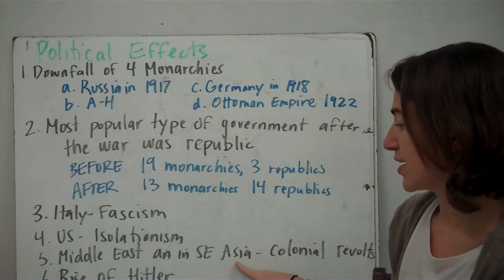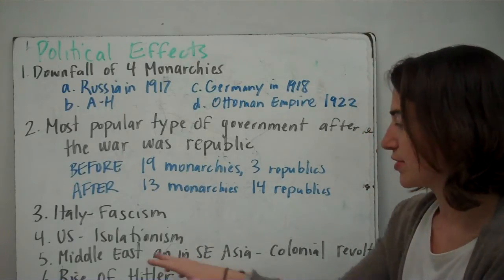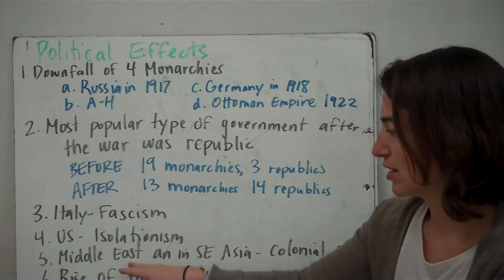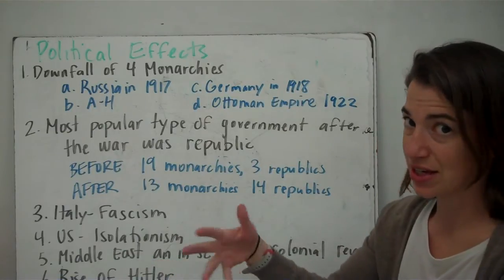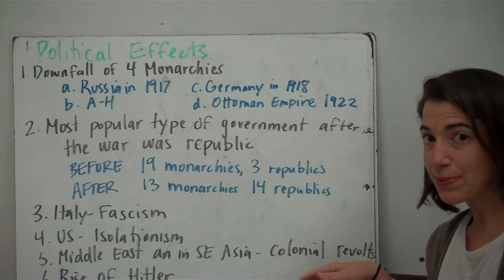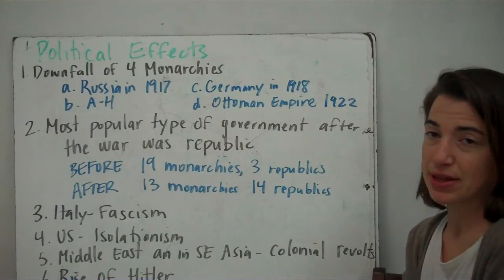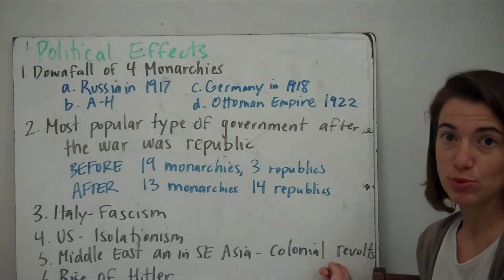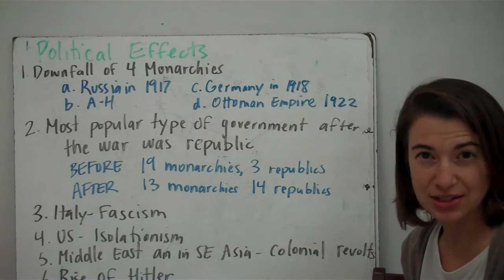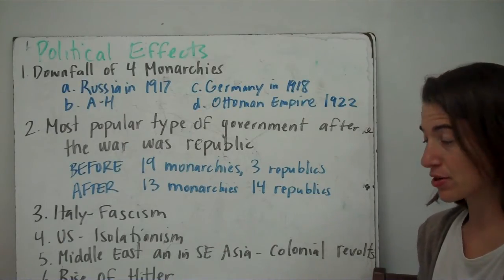The Middle East and Southeast Asia, where there are a lot of colonies, where European powers went out to colonize other countries, areas like India, Pakistan, the Middle East, countries today like Saudi Arabia, they see colonial revolts. So the people in the colony are like, now that the war's over, republic is getting a lot more popularity. They're saying, you can't rule us anymore, imperial powers. We don't want you in our country anymore. Please leave. They're not asking nicely. They're doing it more forcefully, with more violence, but we're starting to see the end of imperialism here.